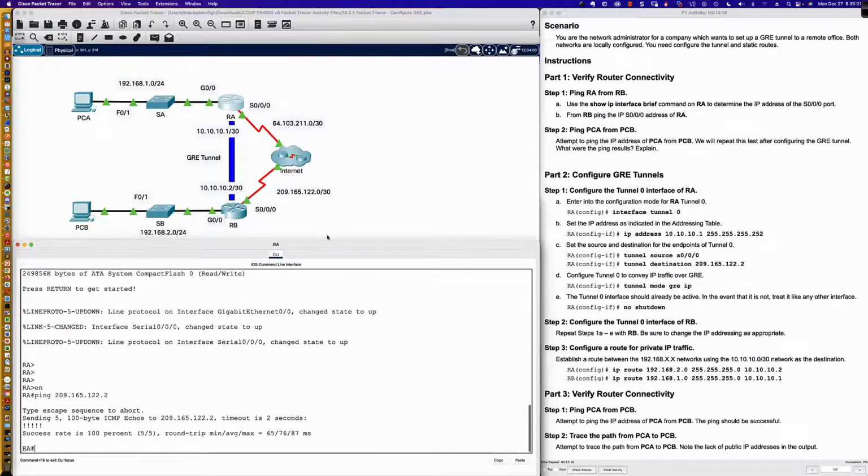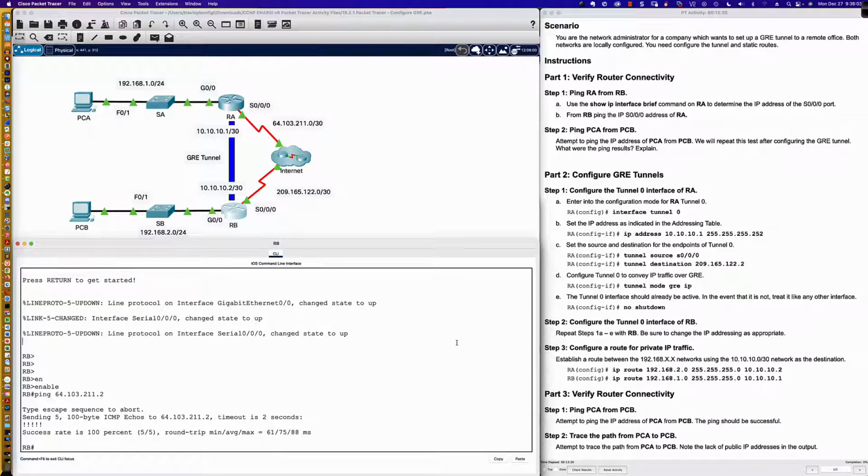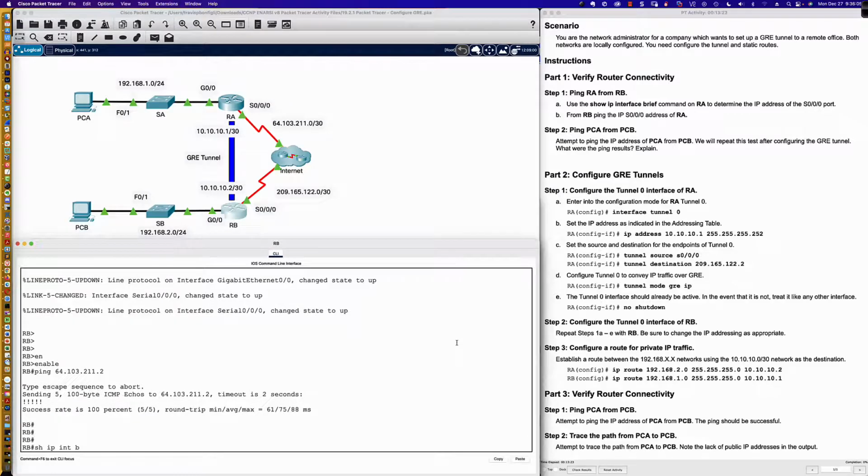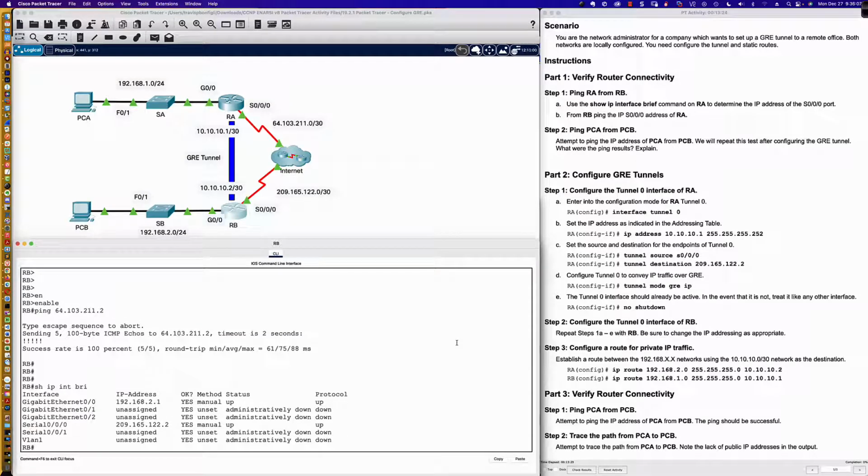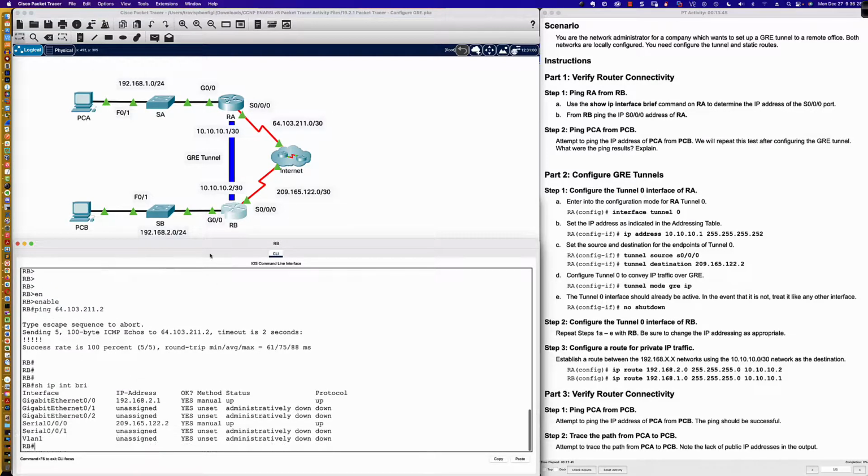Now, it wants us on router B to take a look at some of the interfaces that are configured here. Let's say show ip interface brief, and you can see there are only two IP addresses configured. We have our serial 0/0/0 interface configured, and that again is our internet connectivity. This is our publicly routable IPv4 address. And then we have the gigabit 0/0 interface, which is our inside LAN-facing interface coming off the back of the